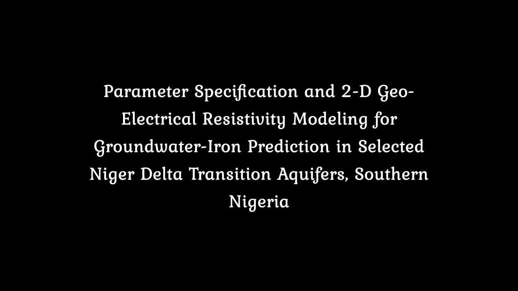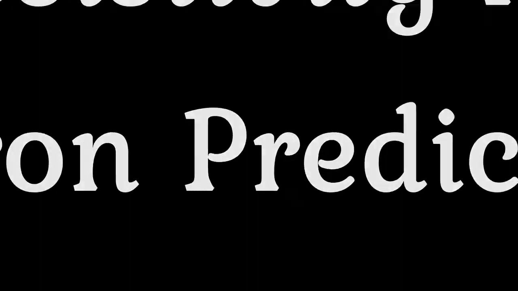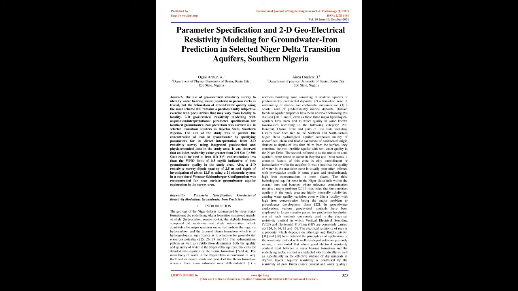Parameter specification and 2D geoelectrical resistivity modeling for groundwater-iron prediction in selected Niger Delta transition aquifers, southern Nigeria. Abstract: the use of geoelectrical resistivity survey to identify water-bearing zones, aquifers, in porous rocks is trivial,